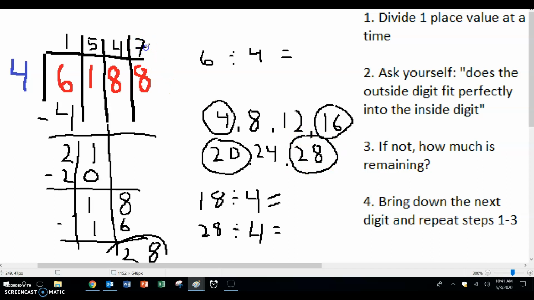The 7 goes on top, and then we ask ourselves, how much is remaining? Since 4 fit perfectly into 28, we are left with 0 remaining, which means we have just solved this problem. 6,188 divided by 4 gives us an answer of